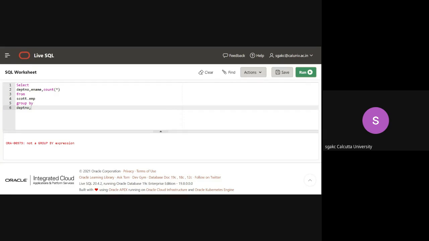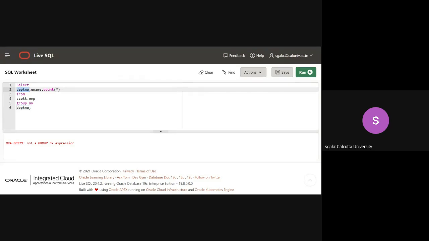What it means is that I am using a column where I have not applied a group by expression. So the meaning is that when I am grouping by dept number, I can always select the dept number for the particular departments. There is no problem with it.